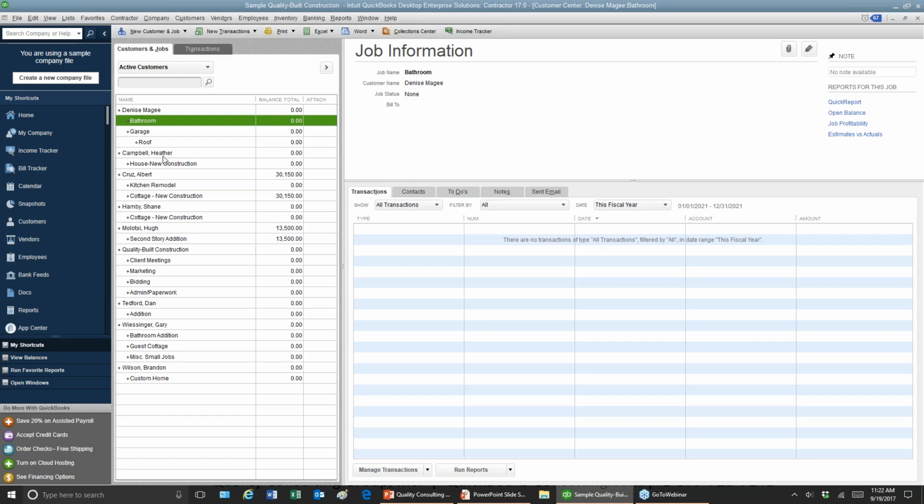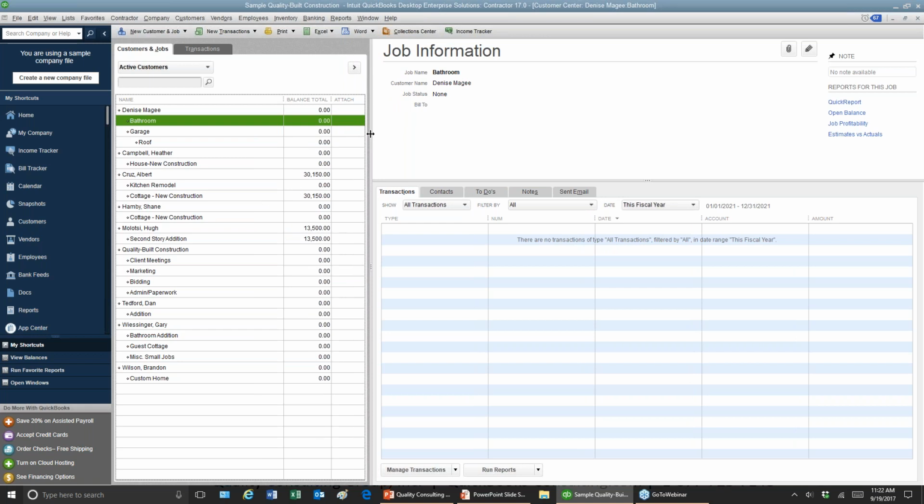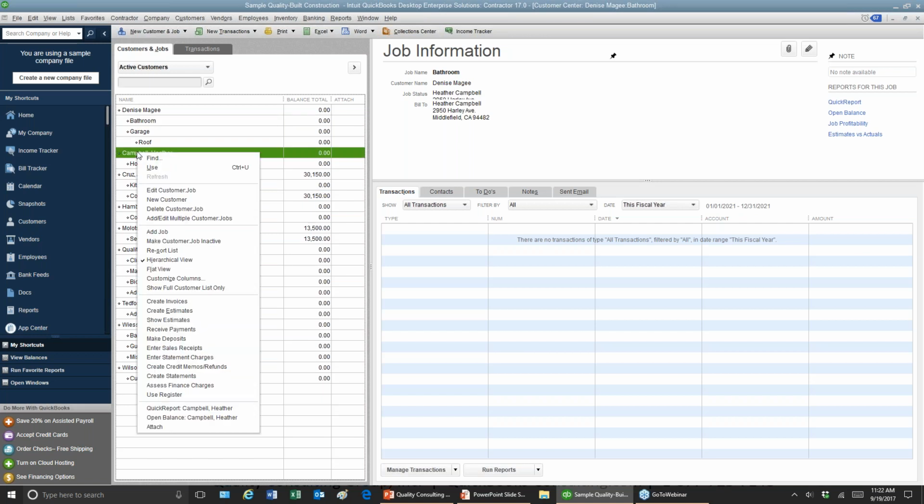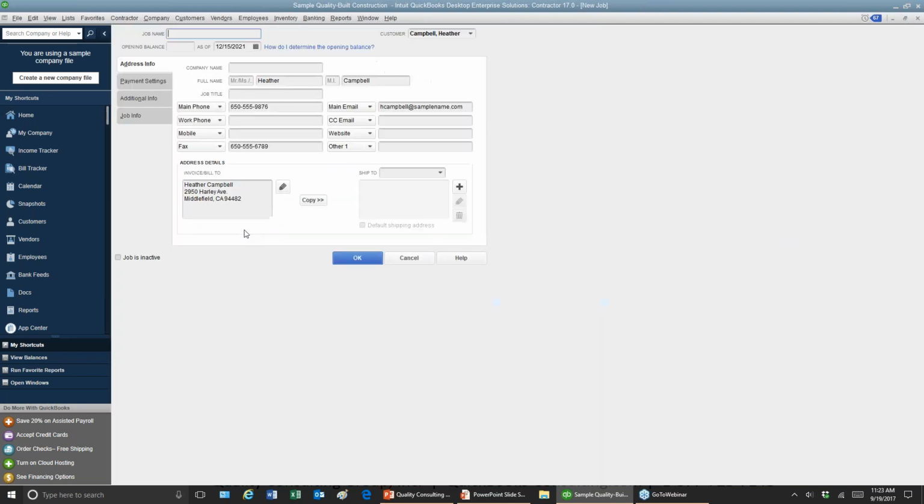I'm going to talk a little bit about how you can format this in here, and the view that you're seeing, so that you can maybe add on some practices that you're doing. When I'm logged in as the admin or as your user, the customization that I'm going to show you is going to be for only your user login. If you want your other employees to make those changes, they can do that themselves as well. So let me add the garage under a job that actually has information. You'll see Heather Campbell's information, and I'm going to add a job, again the garage, for Heather.